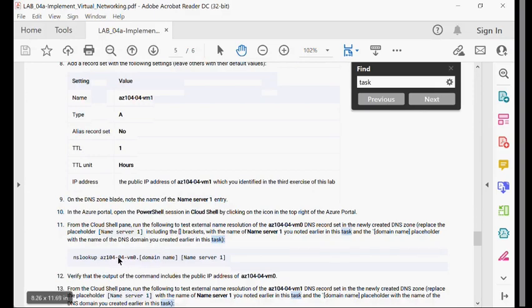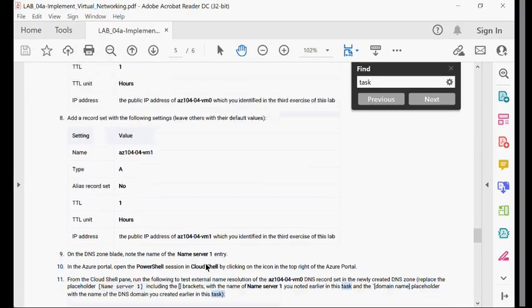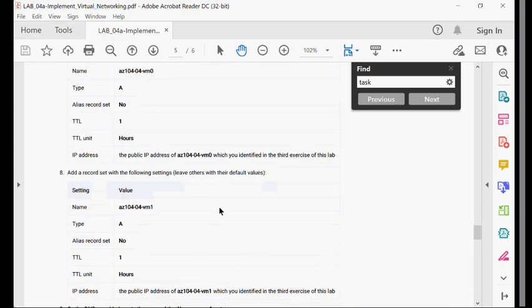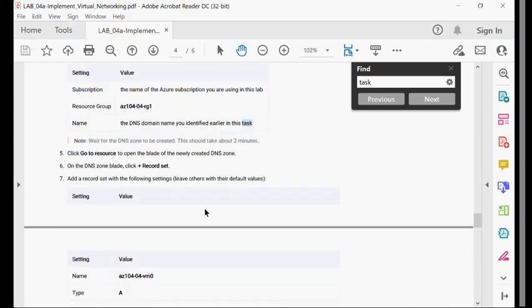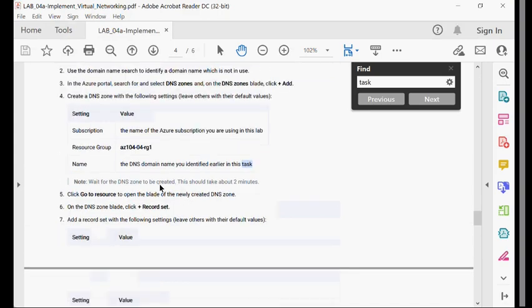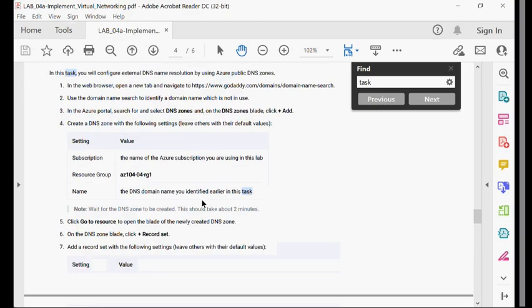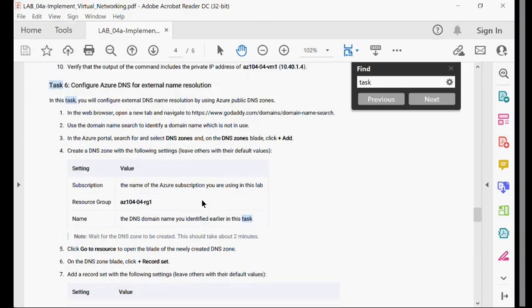Yeah, so it says just do an NS lookup. Once you do an NS lookup, you will get the domain name and the name server one. You have step-by-step instructions given here, and you can follow those as well. But ultimately, you are playing around with DNS records. In both places you are adding the same thing, right?